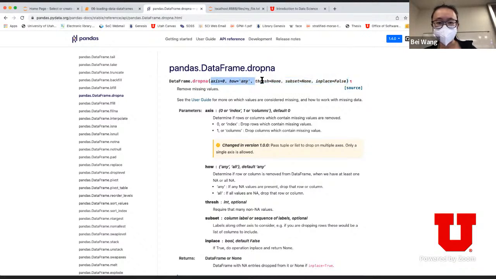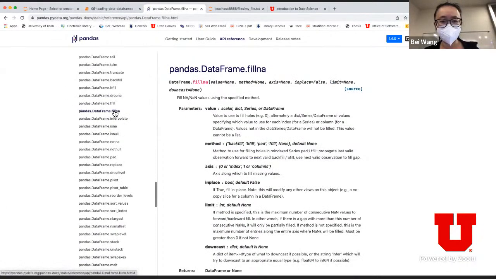Otherwise, you can provide additional fields, for example subset, meaning which columns I'm going to modify, and whether I operate in place. But instead of doing dropna, what you potentially want to do is fillna, which we're also going to see very soon.